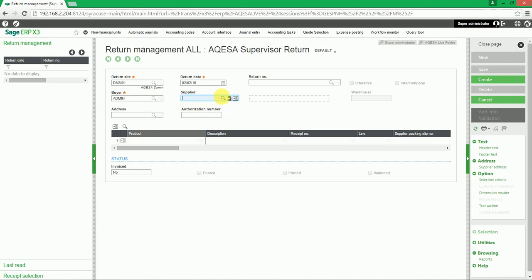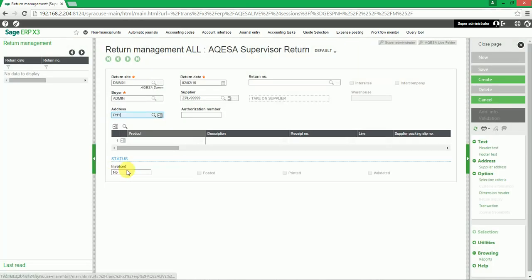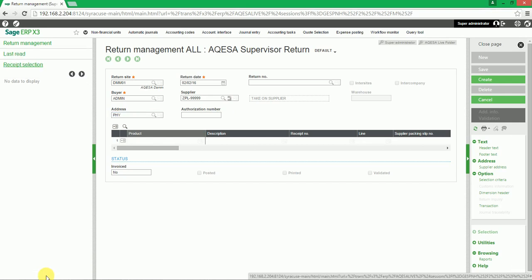If we tab, we can now select the supplier who the return is done to. So we'll click on the selection icon and we'll select one of our suppliers. Once we've entered all the header information, we must now select the receipt to which we will then link this return. So from the left list, in the receipt selection bucket, once we select it,